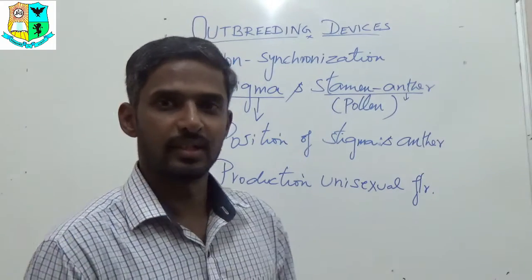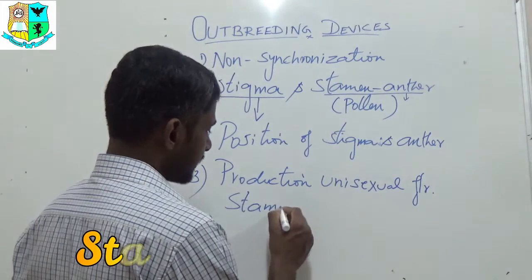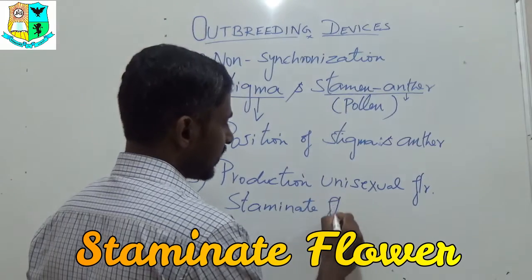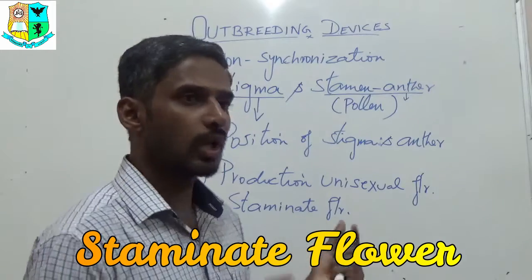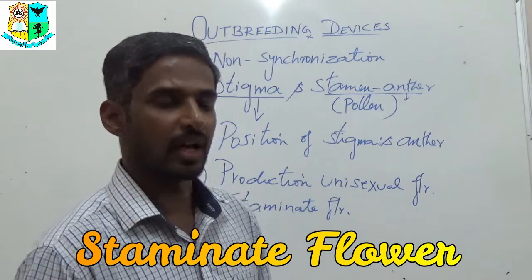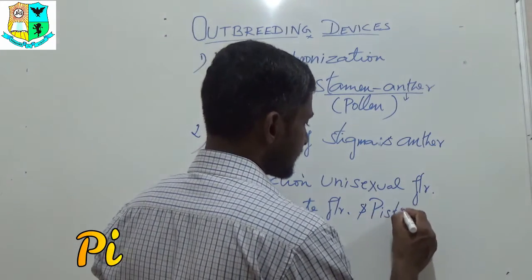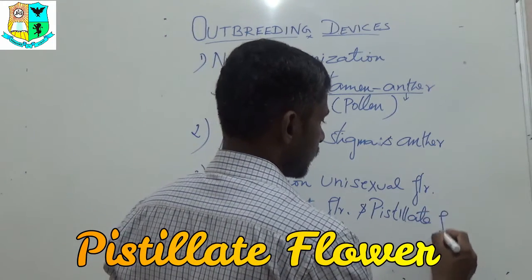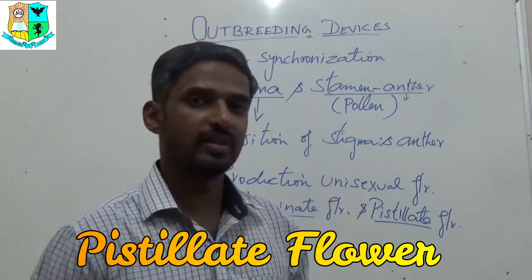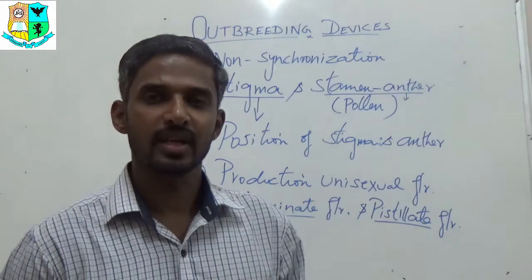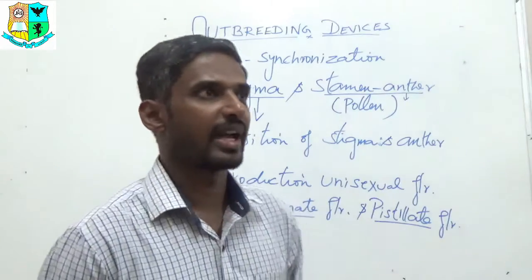In this case, the male flower will be called as staminate flower. Male flower is called as staminate flower because it contains only stamen. So it is a unisexual flower. Unisexual female flower is called as pistillate flower, and therefore because of this device plants will produce staminate flowers and pistillate flowers. And the fourth outbreeding device that we have in plants is